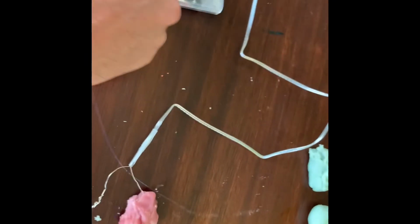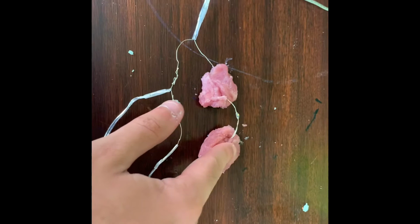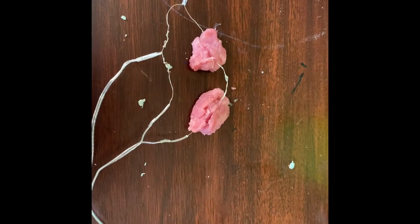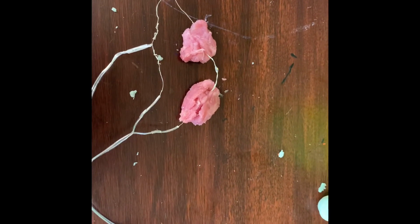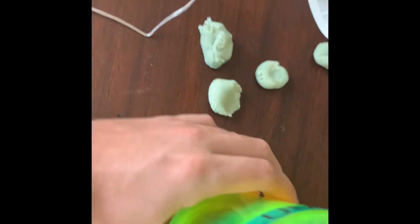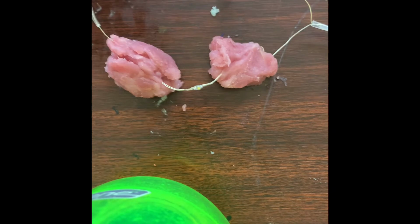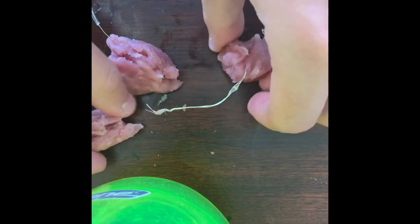And so when the current starts going through here, it's going to connect all the way through here, but then stop. It's not going to be allowed to get to the light on either side, because it's acting as an insulator and stopping the electricity where it stands. Now, this is going to be the case for all of them going forward. So if I just put this right here, if I do that and grab a little bit of Play-Doh, and then take this and stick it in here,